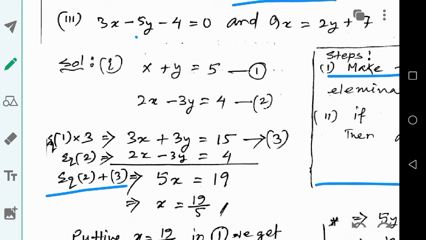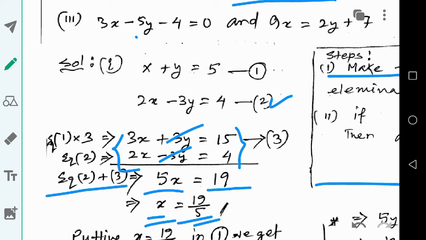In order to add equation number 2 with 3, I have written equation number 2 below equation number 3. Here you see plus thrice y and minus thrice y cancel, and thrice x plus twice x is equal to 5x. 15 plus 4 is 19, so x will be equal to 19 by 5. Now